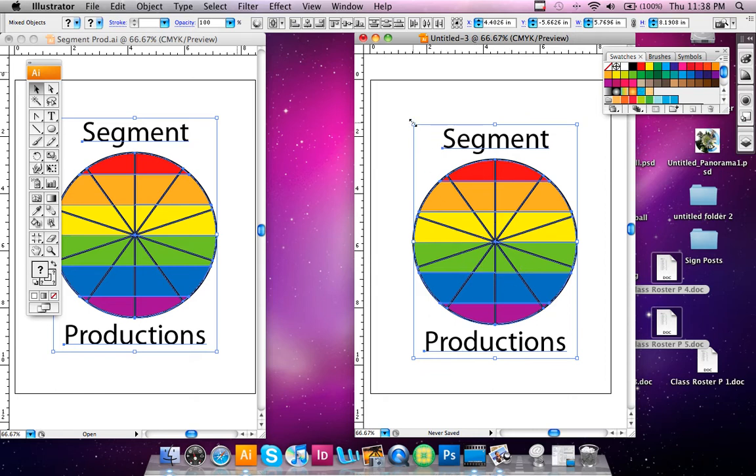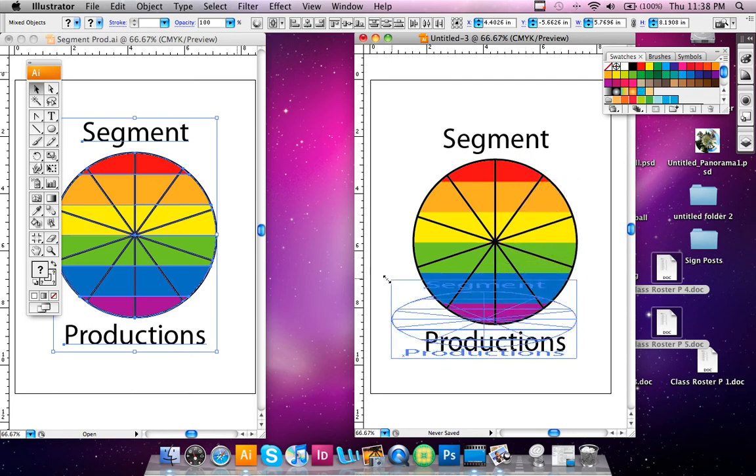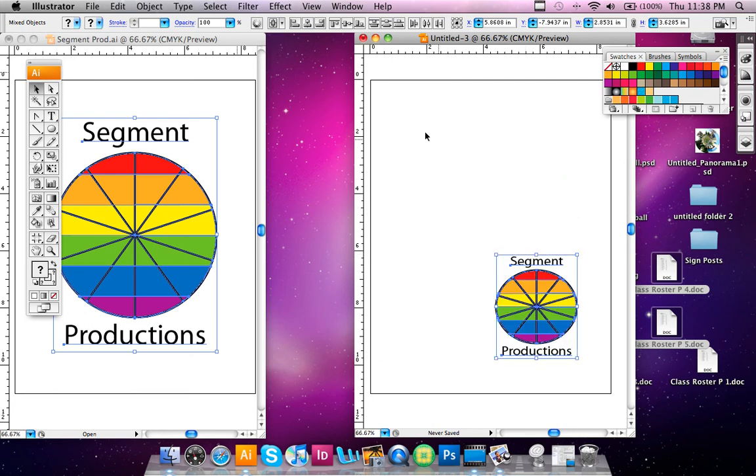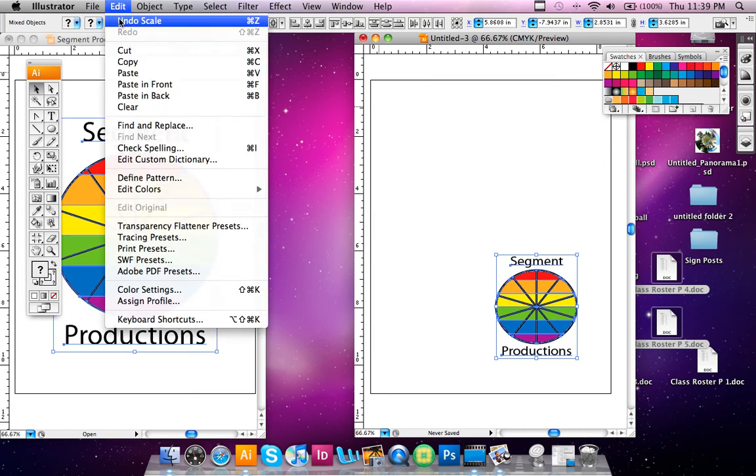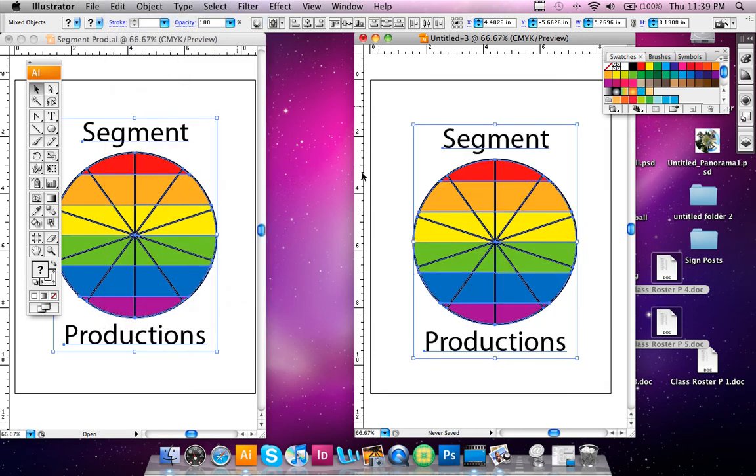Now there's two ways I can do this. One, I can just simply take my cursor, select this handlebar, and just reduce it down, but you'll notice it's not going to stay proportionally correct. I'm going to be a little bit too tall or a little bit too wide, and it's not going to look correct. So let's go ahead and undo that. And now what I am going to do is keep this proportionally correct. So I'm going to hold down my shift key,